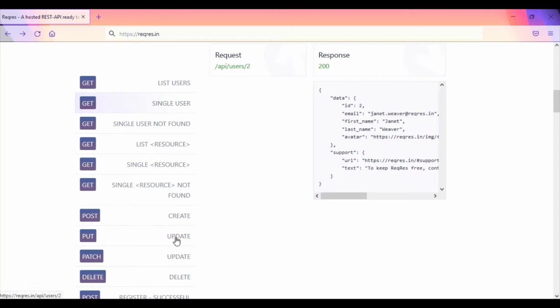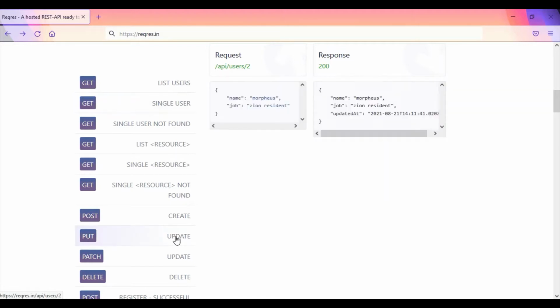For that, let us move to the PUT update method. PUT requires the position number, or we can say the ID of the record, and what needs to be updated. So we're going to update name and job. These are the values we're going to update. So for update, you need to have where you want to update and what you want to update.